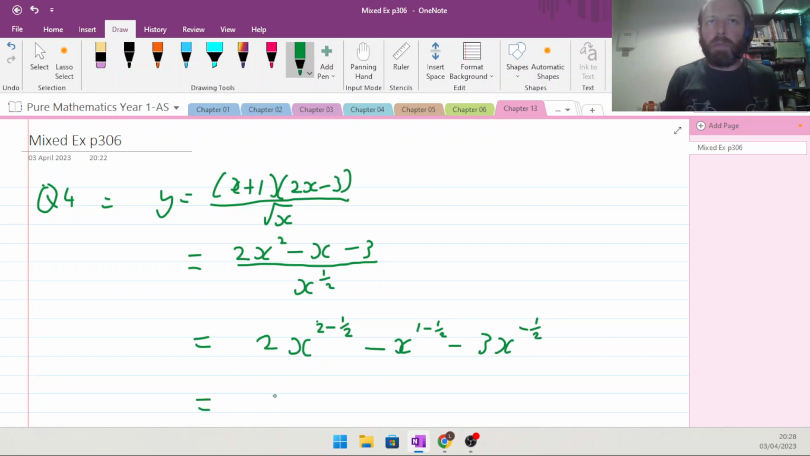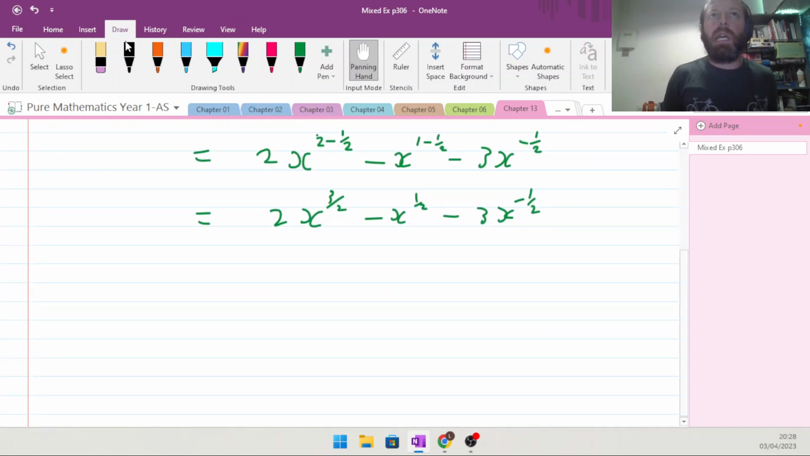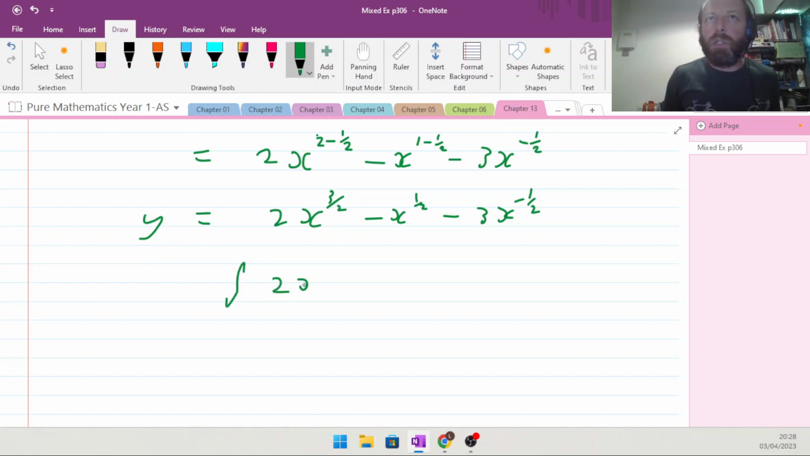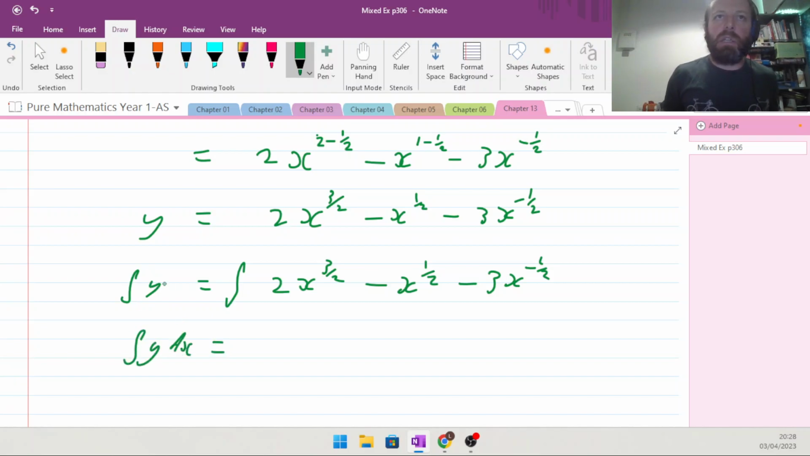Okay, now let's quickly write this all out in one long thing. So 3 over 2 on that one, minus x to the half, minus 3x to the minus a half. Okay, now we can do the integral of it. So the integral of that, 2x to the 3 over 2 minus x to the half minus 3x to the minus a half. Okay, integral of y, so the integral of y dx is equal to,